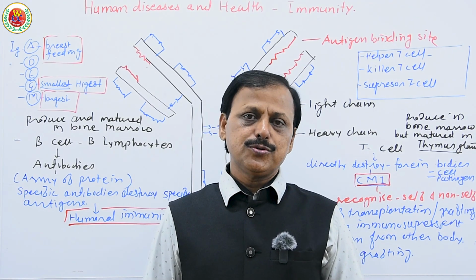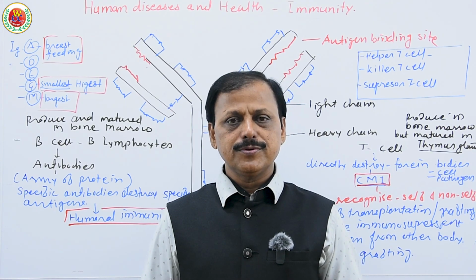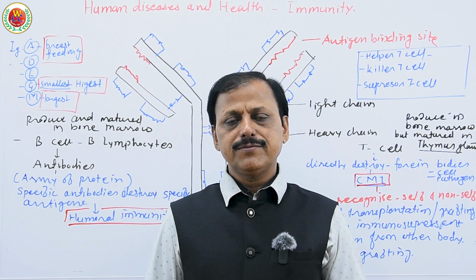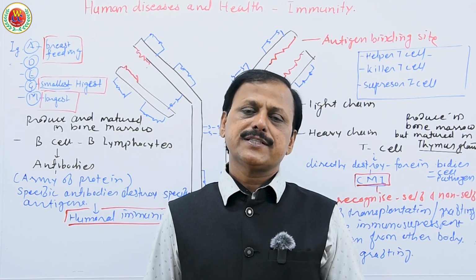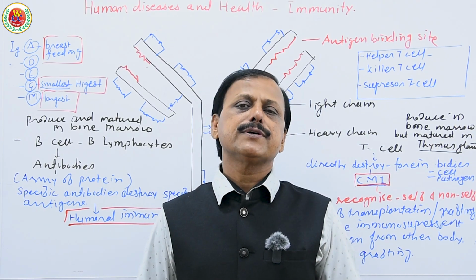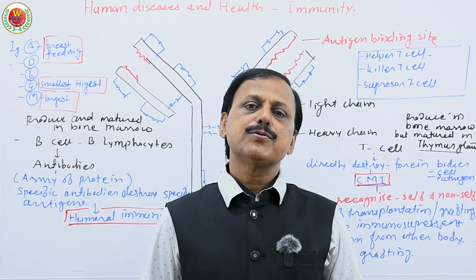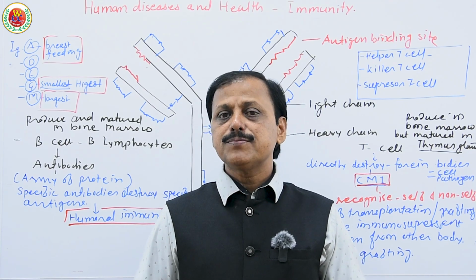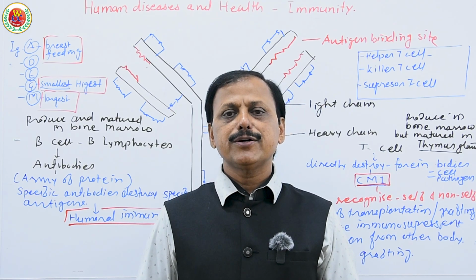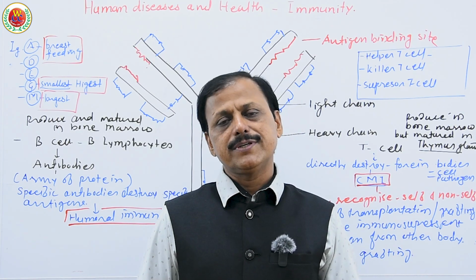In addition to neutrophils and monocytes, we have macrophages in our areolar tissue just beneath the skin. They also directly destroy the pathogen if it enters our body. Fourth, the cytokine barrier, where cells of our body produce interferon in response to viral infection and make other cells aware of the entry of viruses. So these 4 are innate immunities, the first, second, third and fourth lines of defense that we learn.